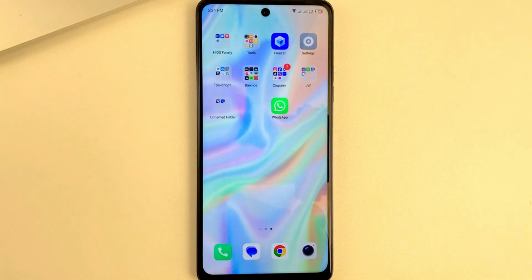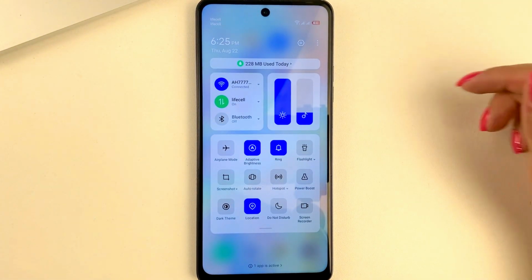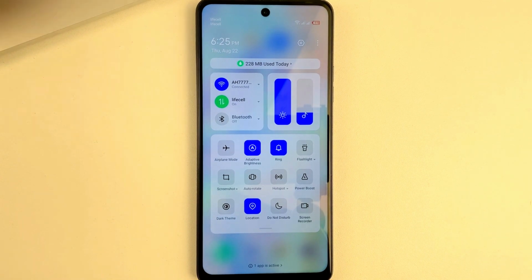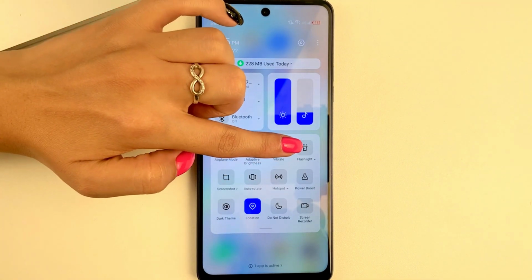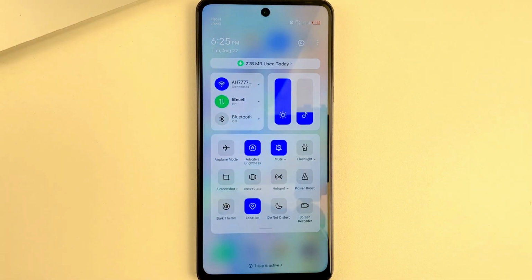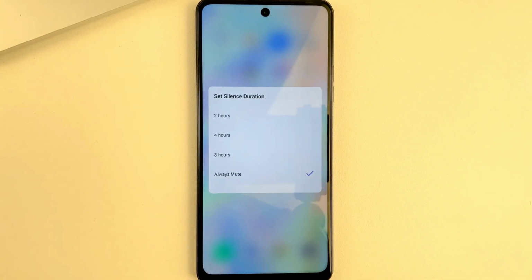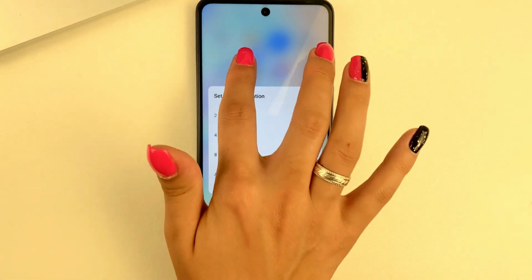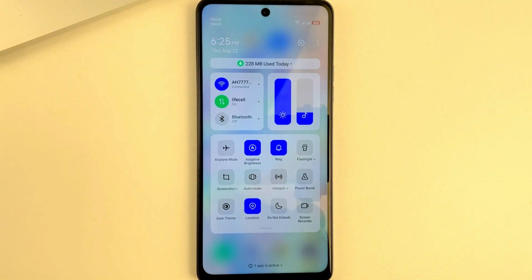Okay friends, first you will need to make sure that your phone is not in silent mode. To do that, swipe from the right side from top to bottom. And now look at your mode. If it's like this, which is a crossed out bell, it means you're in silent mode. To fix that, switch it from silent mode. It's like this. Or go to settings and do it in the sounds and vibration settings.